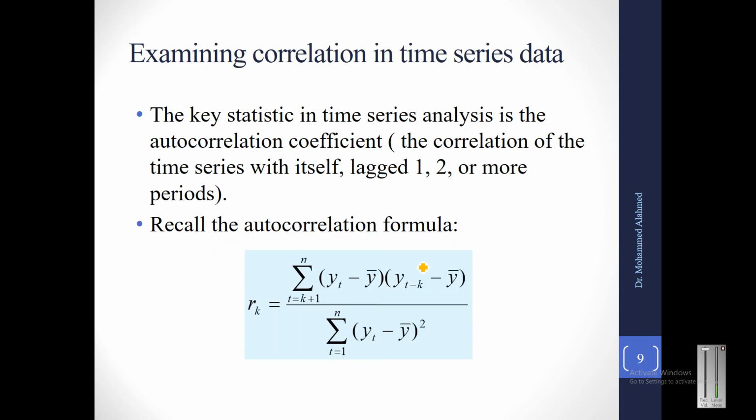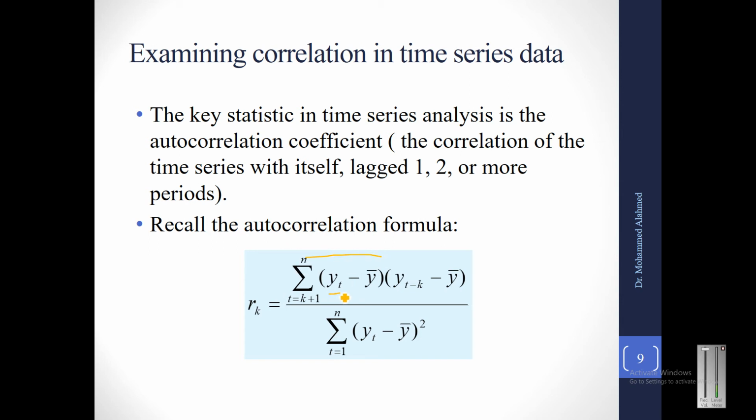So class, continuing with the Box-Jenkins methodology, examining correlation in time series data. As you know, correlation is basically seeing how much a series varies with itself. Basically that is autocorrelation. The autocorrelation formula in this case is,